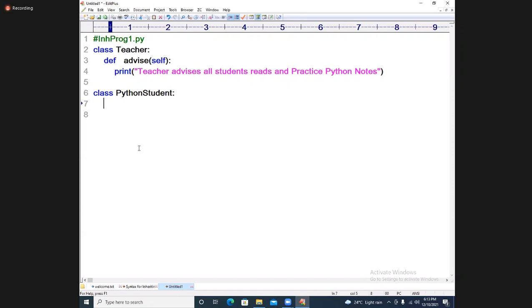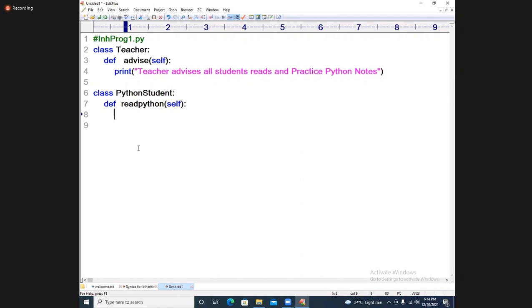What is the method? def read_python(self).